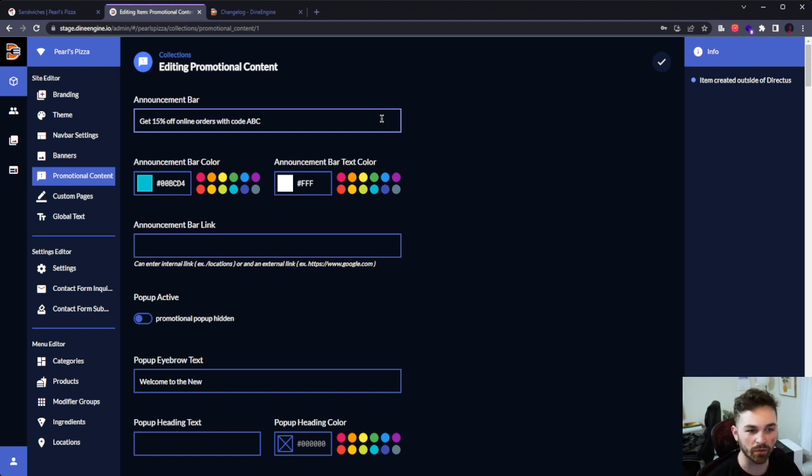and also things like maybe a certain location is down or is not able to be ordered at. You can set this up to address that. So here we already have a blue background and white text applied. We're going to go ahead and change this to red. Leave the text as white, and we'll change this to say something like,